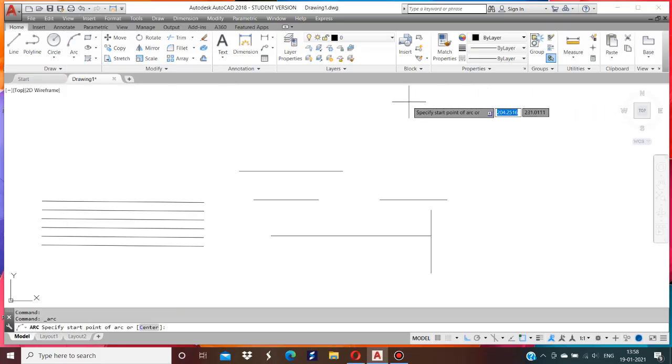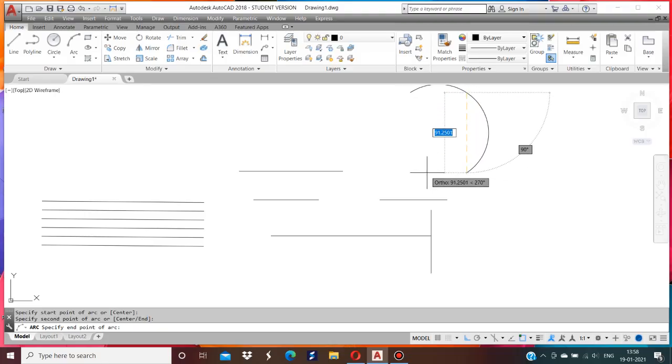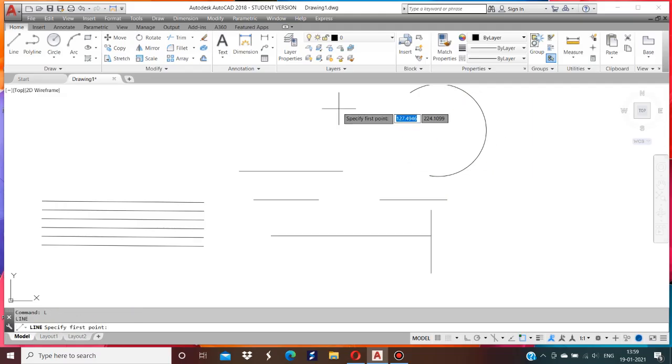And now I am drawing an arc. Now I am drawing different types of line.